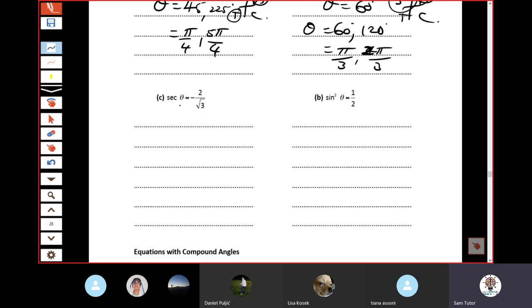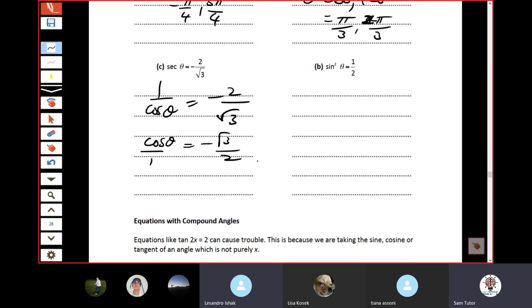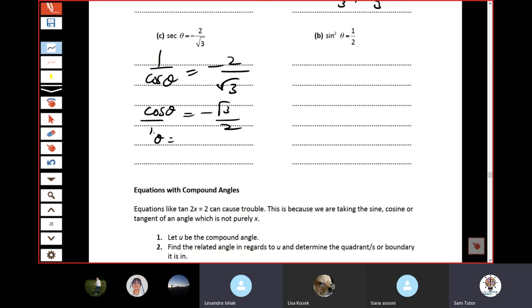Lysandra, let's do sec theta equals negative 2 over root 3. All right. Sec is bad. What are you going to do with sec? 1 on cos. What are you going to do now when you see 1 on cos and this? You don't want it at the bottom. Flip it. Yeah, you're just going to flip everything, because it's on both sides, you can just flip it all. So cos theta on 1, right? And flip the side as well. Yep. And then theta equals, with a hat,